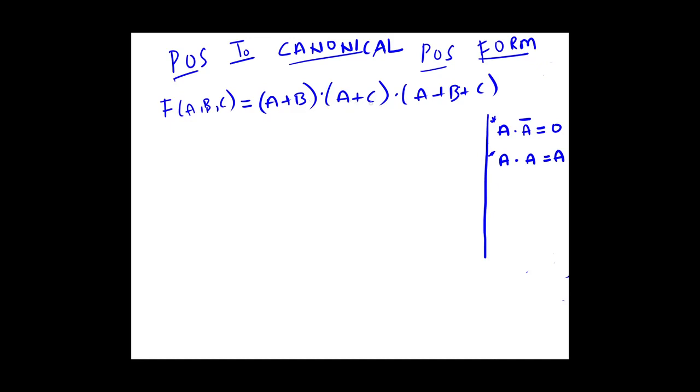In the same way, here I have only 2 variables. There is another variable missing. Here I have all the 3, so we need not touch this one. We just need to add something over here. That something is nothing but the other variable which is not present in this term. Now if my function is of 4 variables, that is A, B, C and D, then here I need to add 2 variables, and here I need to add 1 variable more.